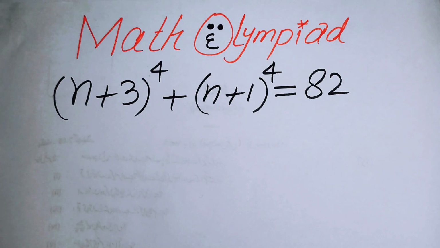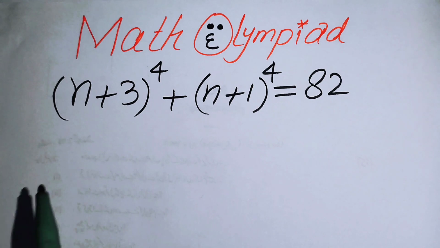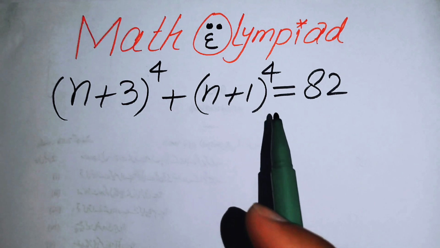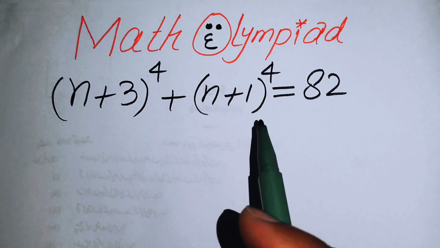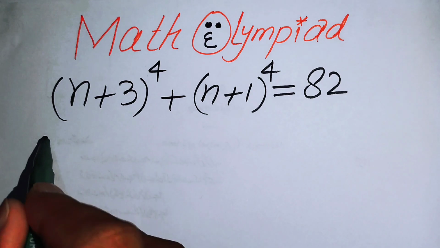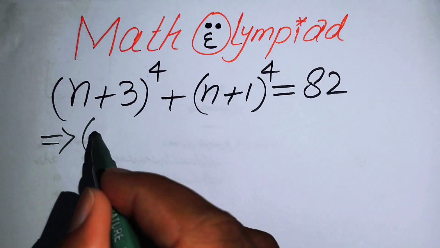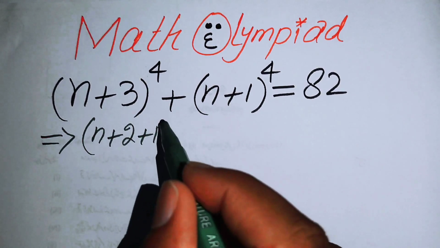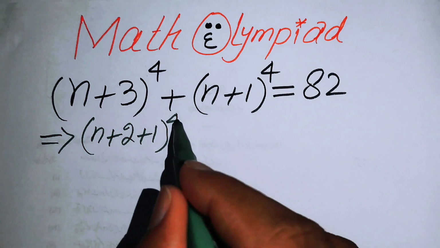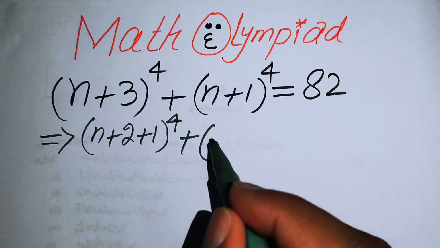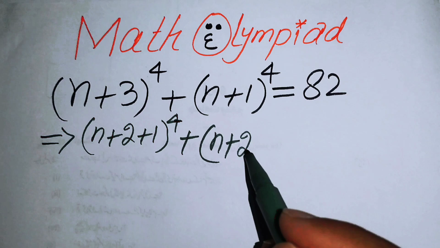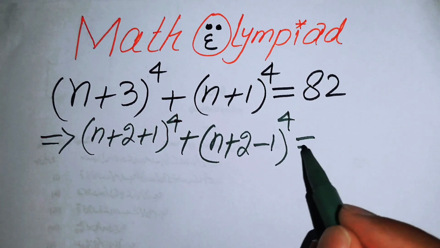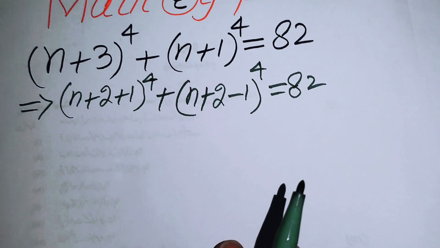In this video we are going to solve this nice algebra problem: (n + 3)^4 + (n + 1)^4 = 82. The very first step is to rewrite these terms. n + 3 we can write as (n + 2 + 1) to the power of 4, plus (n + 2 - 1) to the power of 4,